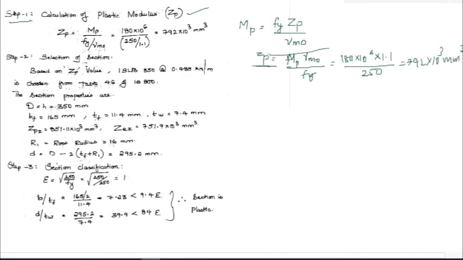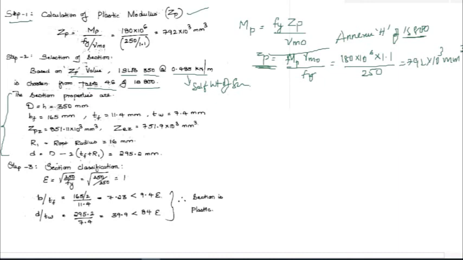And I told you that using this ZP in annexure H of IS 800, I need to select a proper section, and based on that value, I have selected a section ISLB, Indian Standard Lightweight Beam. Lightweight is denoted with L. Beam of depth 350 at 0.485 kilonewton per meter. This is the self weight. That is from table 46 of IS 800 annexure H. So these are the properties of that particular section.